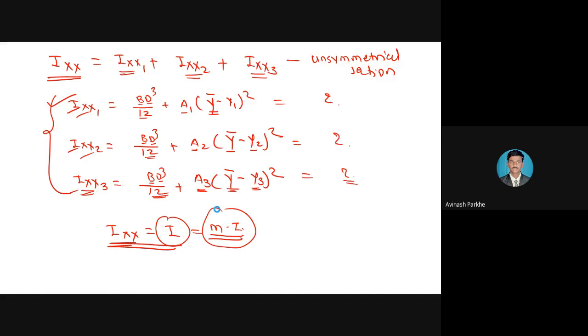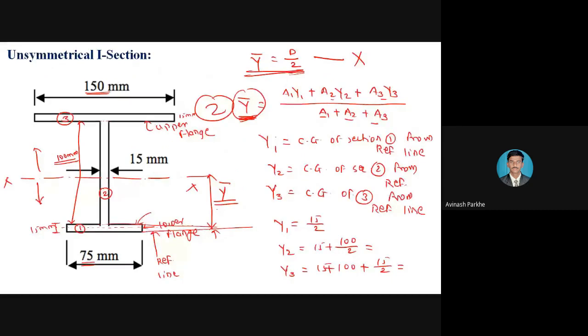So this is a very important concept. If you understood this particular difference between symmetrical I section and the unsymmetrical I section, you can solve the problems based on this particular I section and the T section related to the bending stress calculation. Have you understood the difference between I section in which unsymmetrical and symmetrical कसा फाइंड आउट करायचा आहे वाय बार आणि कसा मोमेंट ऑफ इनर्शिया फाइंड आउट करायचा आहे? Yes, have you understood? Yes, sir.